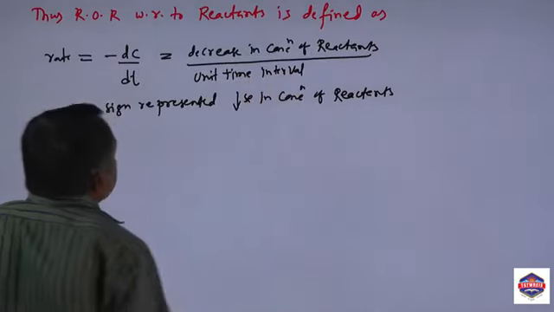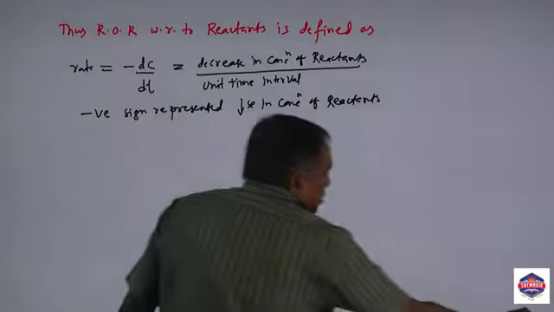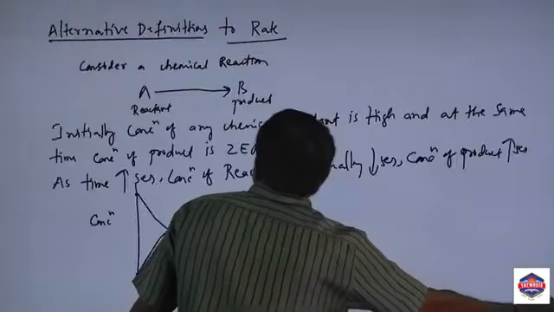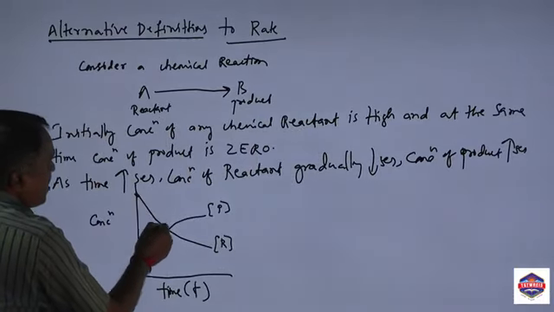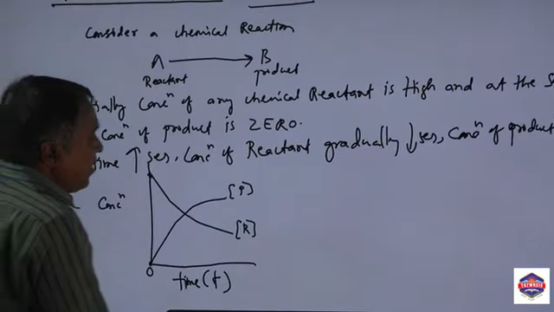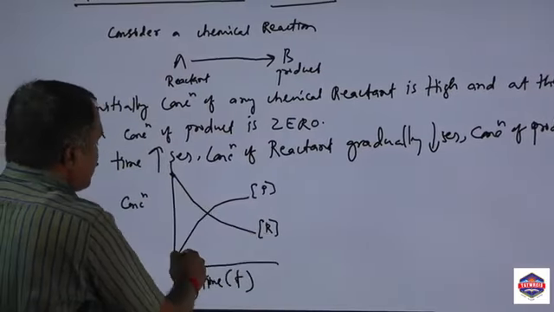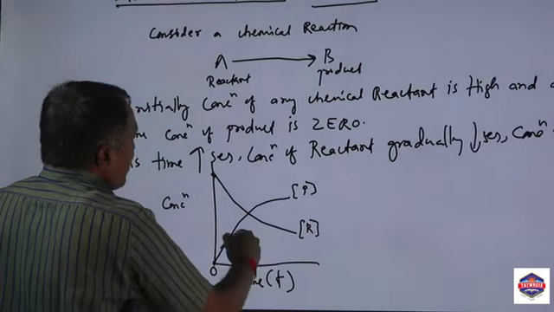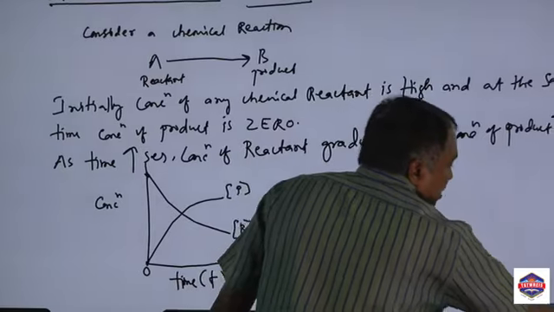Or change in time. So this is the rate with respect to reactants, because as time increases, concentration of reactants gradually decreases. So this particular graph indicates that as time increases, concentration of reactants decreases, and at the same time concentration of product is increasing. That's why we have two definitions to